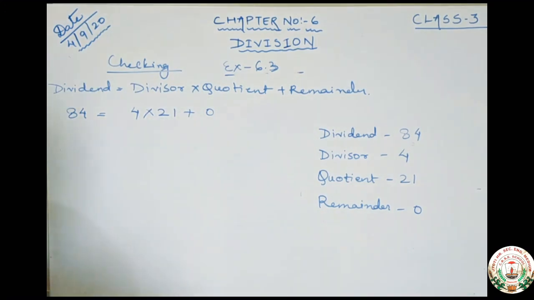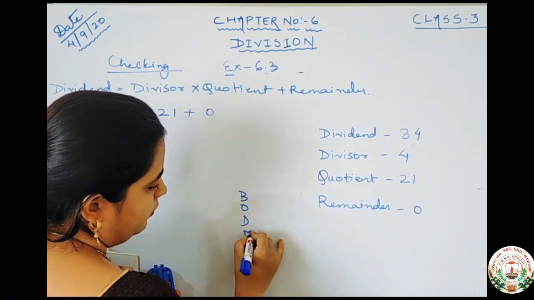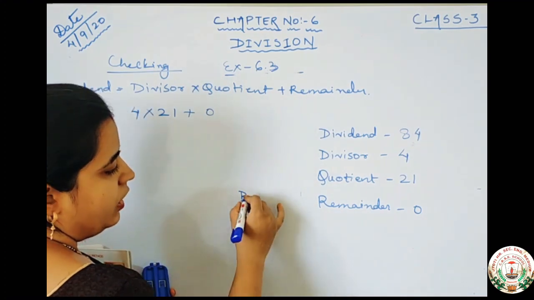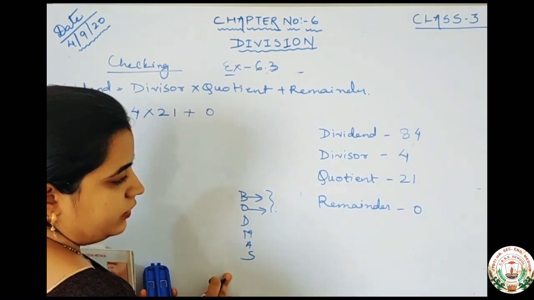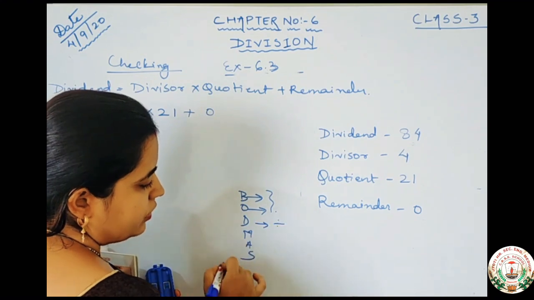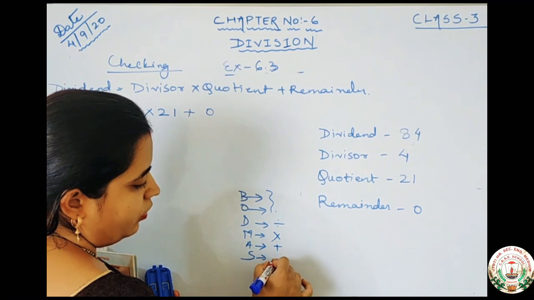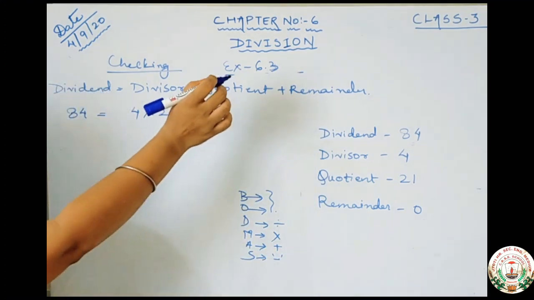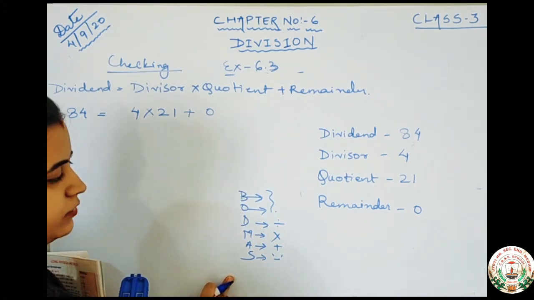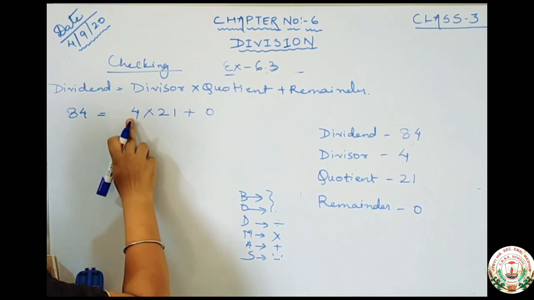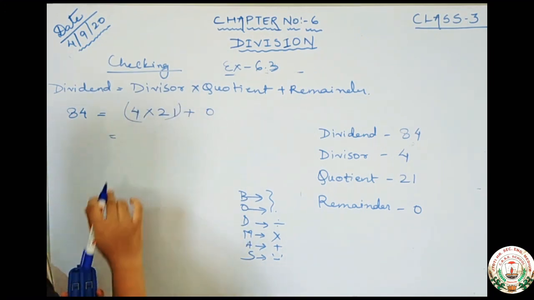Whenever we are solving this type of question, in the earlier classes I have told you this rule, BODMAS rule. Bracket and of, this is not necessary for now, but D stands for division, M stands for multiplication, A is for addition and S is for subtraction. So whenever we are solving this question, we always follow these rules. Understood? Now, first is division. Division part is not here. Then multiplication. Multiplication is there. So you will multiply first.